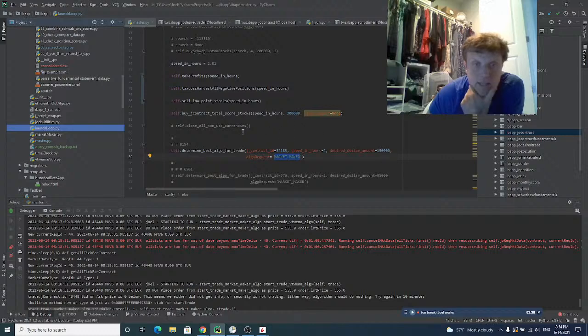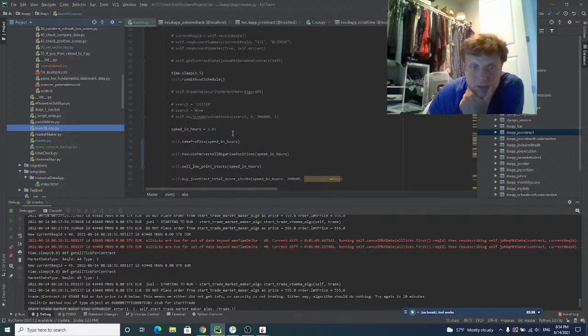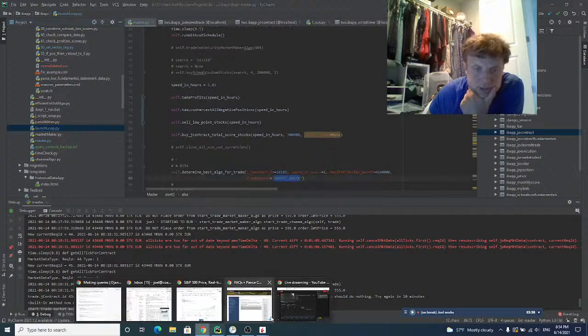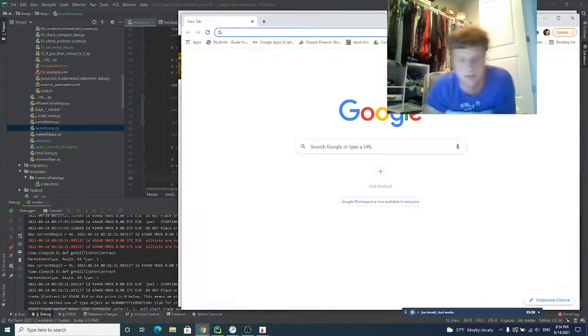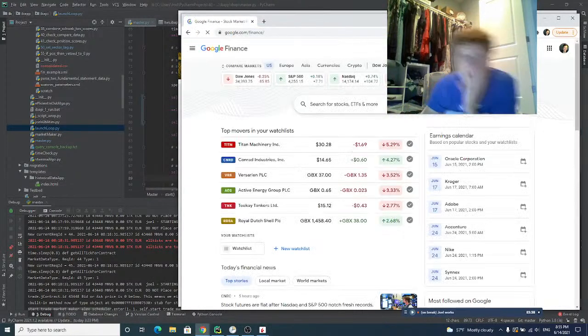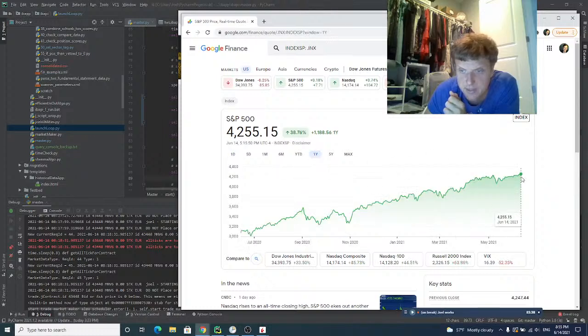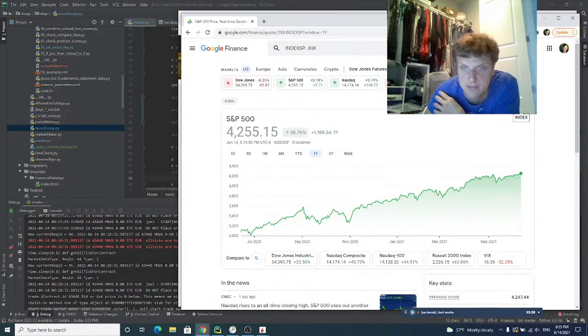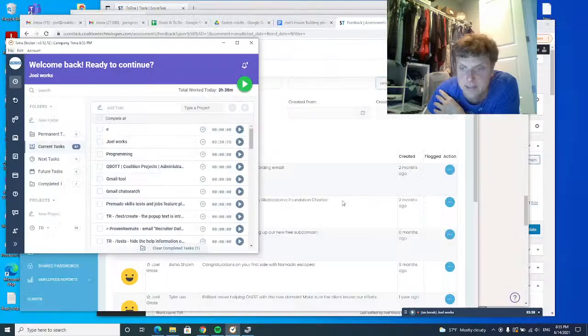And I'm actually going to get this thing ready to launch and run right now because I want it to run overnight. One thing I'm going to do first is look at Google Finance, which is something I like to do just to get a general pulse of where the market is overall. And right now it's fairly high, which means I'm pretty confident in making sales into the market. A lot of my stocks are closer to the Russell average,